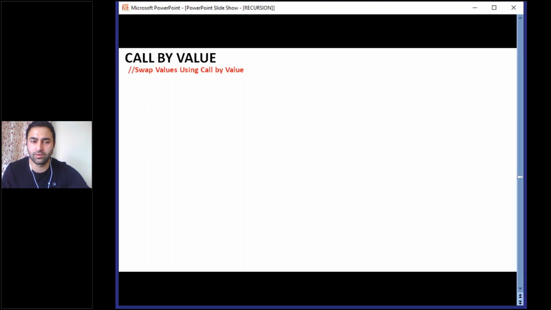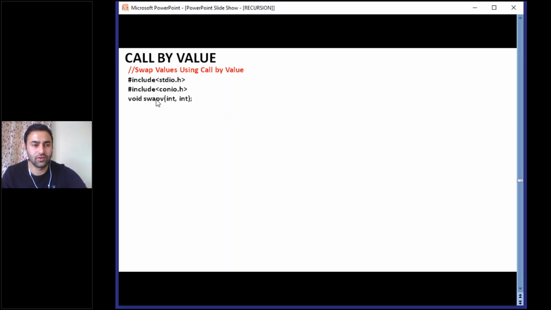We will also do all the programs which we have done in this slide in the compiler, and then we will also do the program for call by value, and then we will do the program for call by reference in the compiler. Don't worry, you will understand all these through programming also. See, this is the program for call by value.